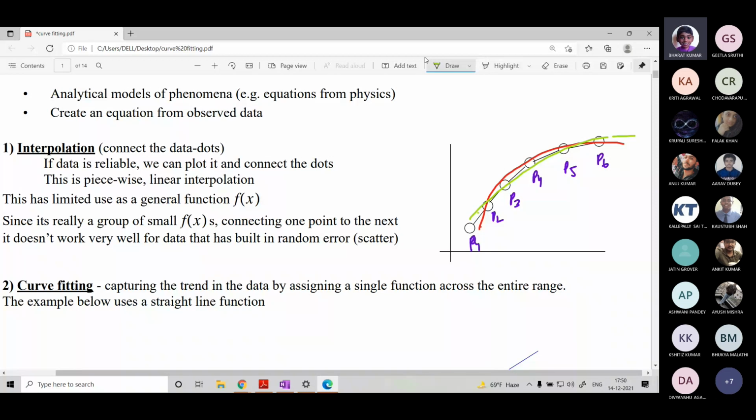So we'll consider a general quadratic curve, and using that general quadratic curve we'll try to find out the error at each node point. Then we'll somehow collect them and add them. Maybe we'll directly add the error, or we'll take the modulus of the error and then add them, or we'll square the error and then add them. I will be telling you the advantages and disadvantages of all those things: simply adding them, taking the modulus of the error and then adding them, or squaring the error and then adding them.